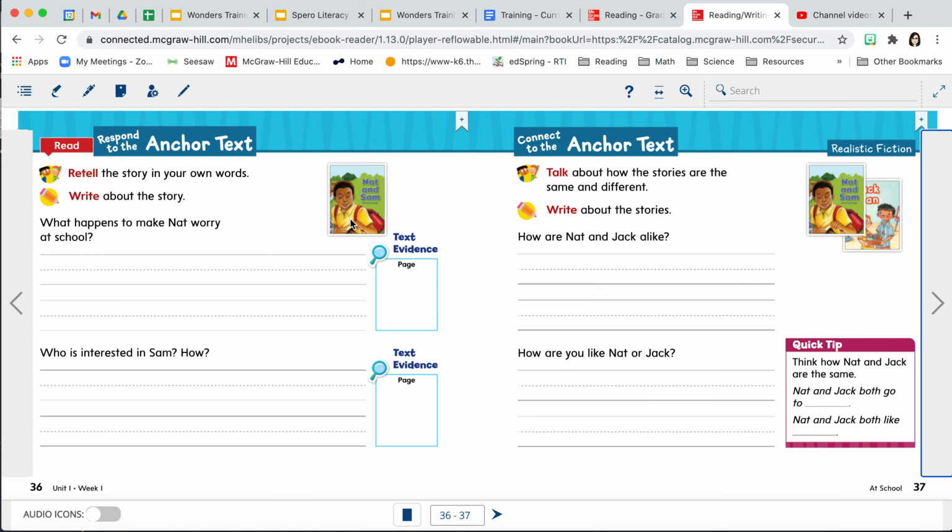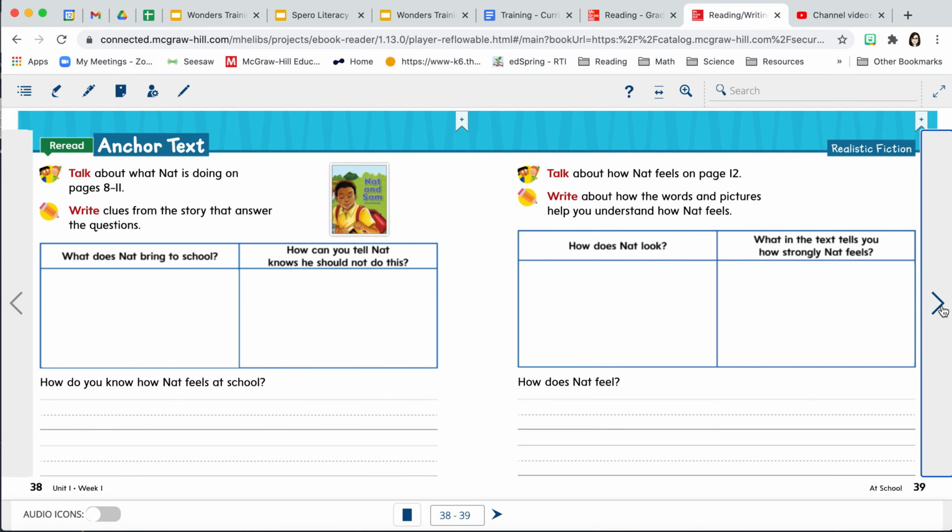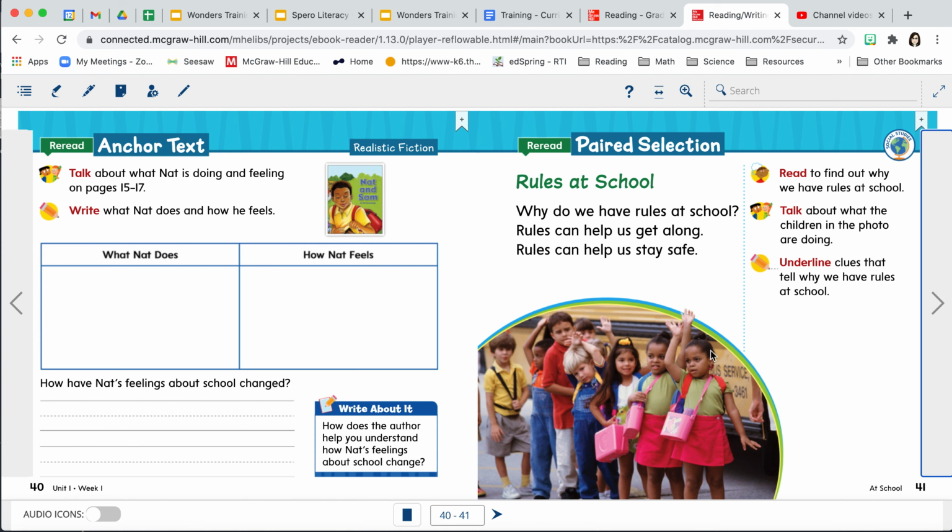And so that's Nat and Sam. It's reading a fiction book, or a nonfiction. Well, it's realistic fiction, I guess. And then it's going to have you kind of comparing those stories and talking about how the characters are similar, etc. And then, here we go. Here's the